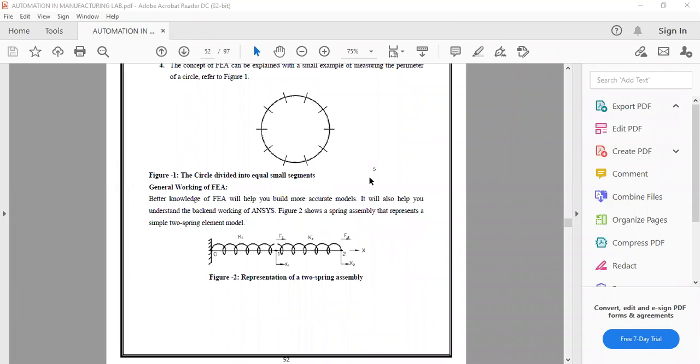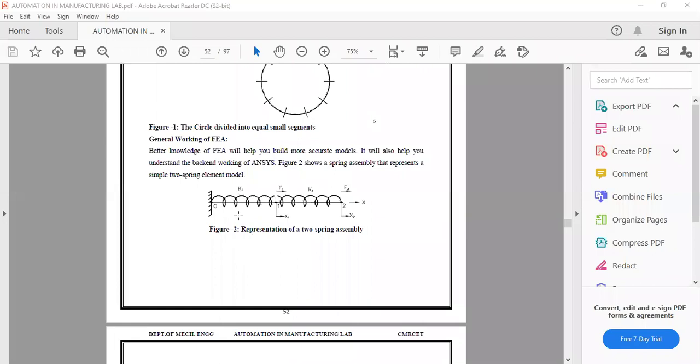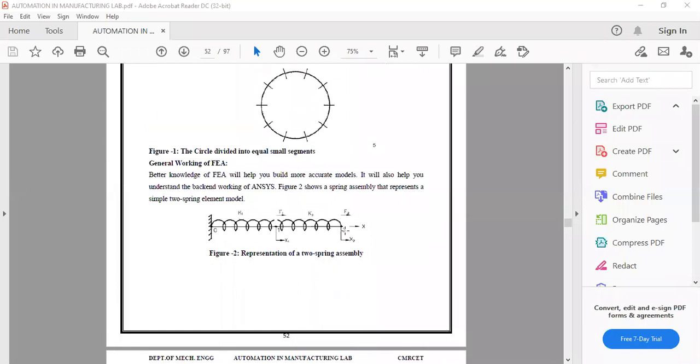So what we represent in FEA, how we represent every element, is we imagine it to be a spring. Every element is a spring, and we know that a spring has stiffness. The stiffness of a spring, as we know, is force by deflection: how much force you have to apply to have so and so deflection, right?